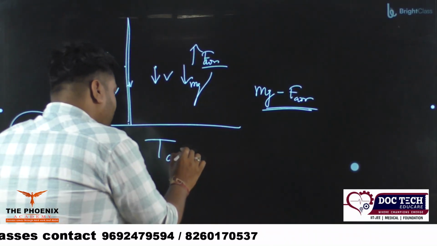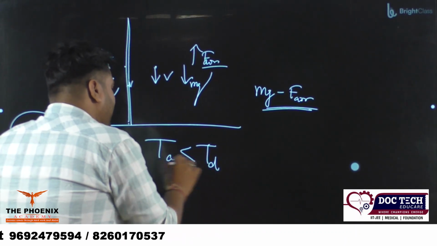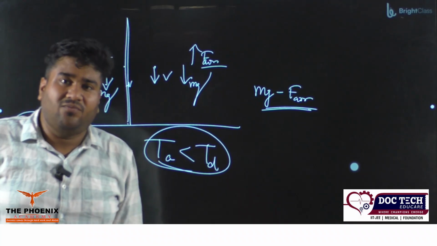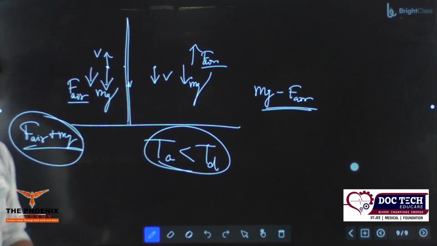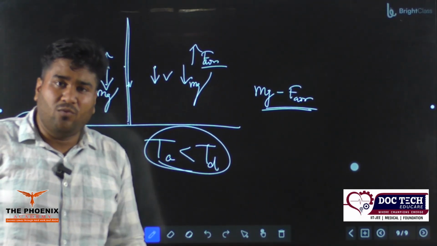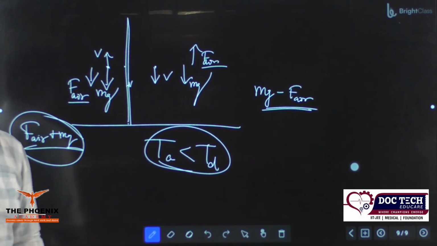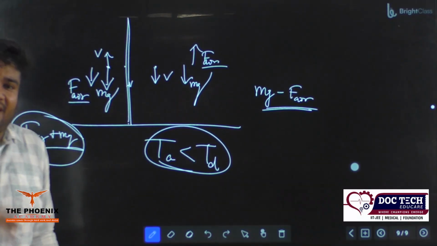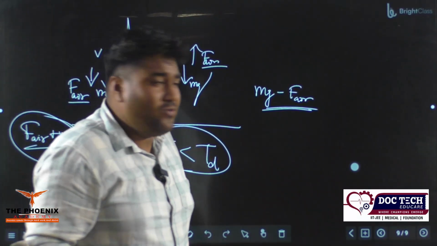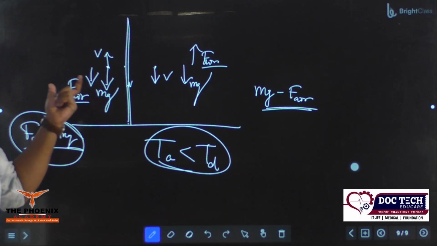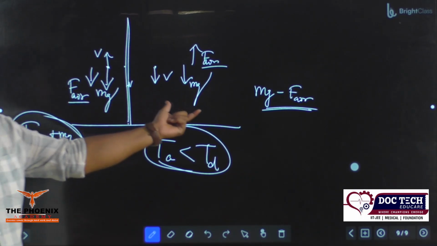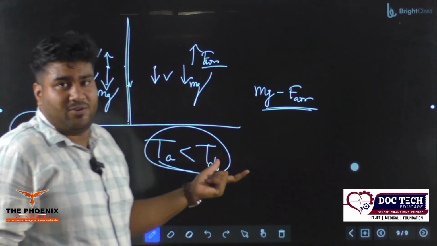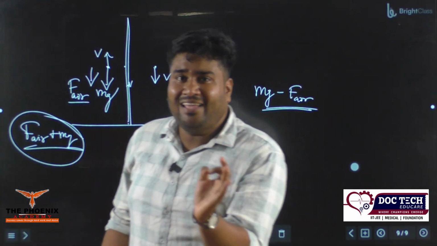छोटा होगा देन टाइम ऑफ डिसेंट इफ वी कंसीडर एयर रेजिस्टेंस। If air resistance is present, then time of ascent will be less and time of descent will be more, क्योंकि एक्सीलरेशन जाते वक्त ज्यादा है, आते वक्त कम है, इसलिए ये वाला काम जल्दी से कंप्लीट हो जाएगा, ये वाला काम धीरे से कंप्लीट होगा।